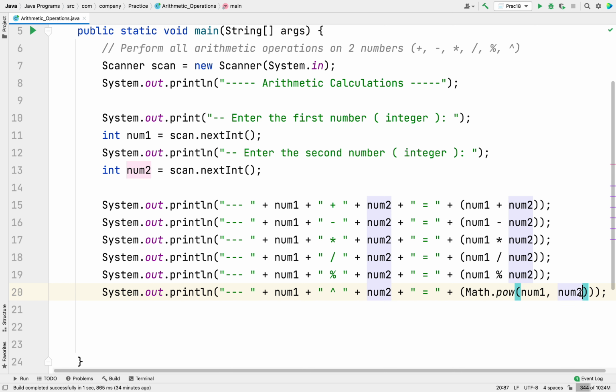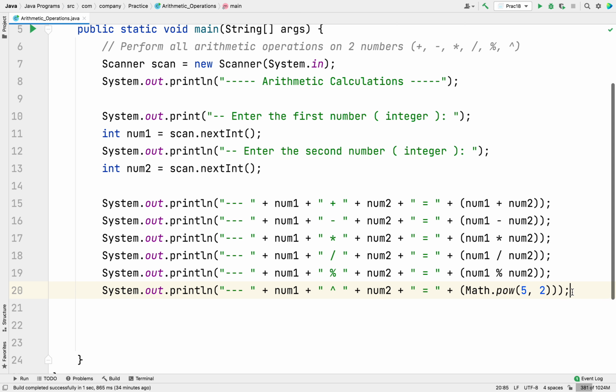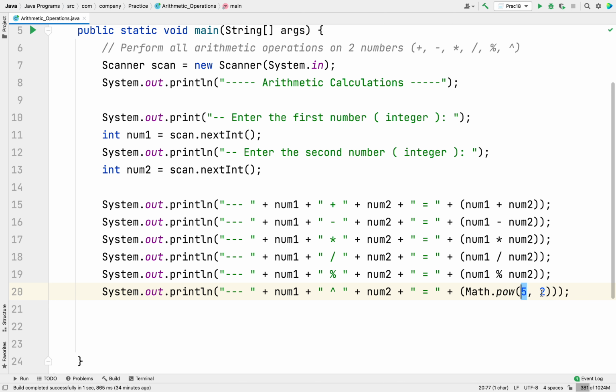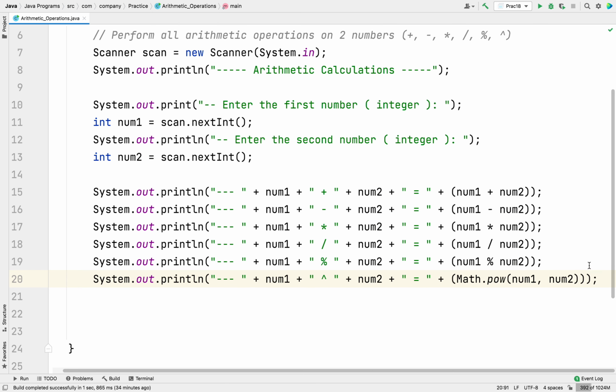Suppose I take 5 and 2. This will raise 5 to the power of 2. So like that, we want num1 to the power of num2. So we write Math.pow and then the numbers. So 5 to the power of 2 will be 25.